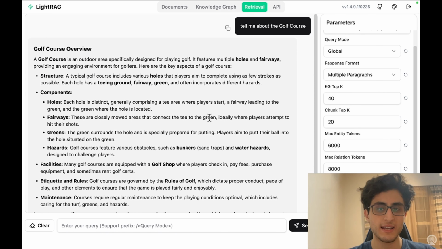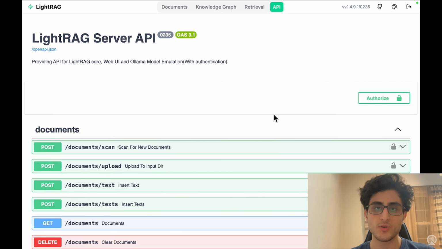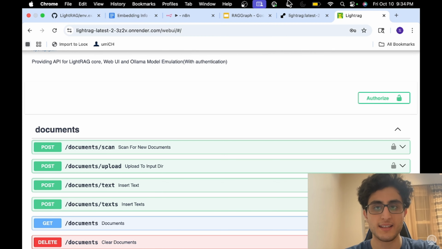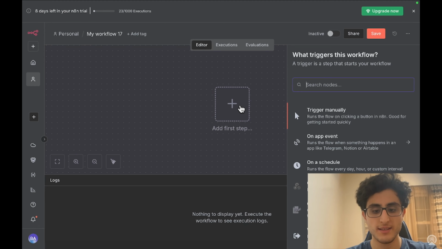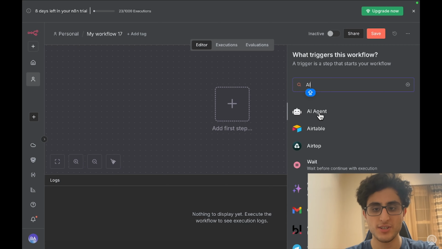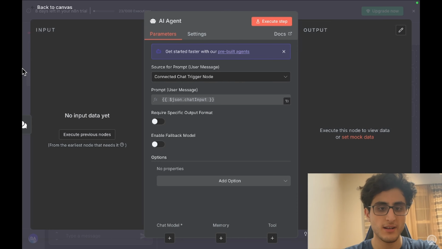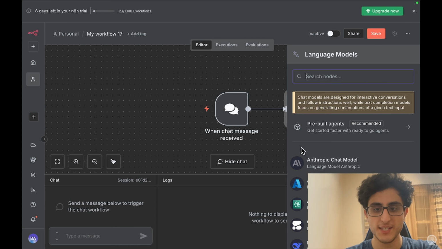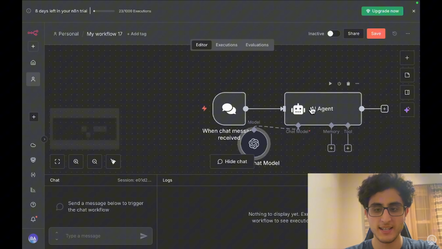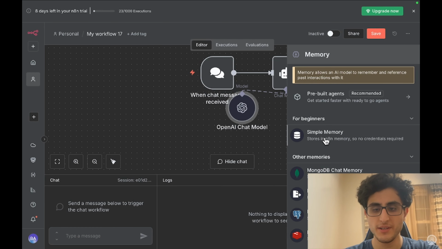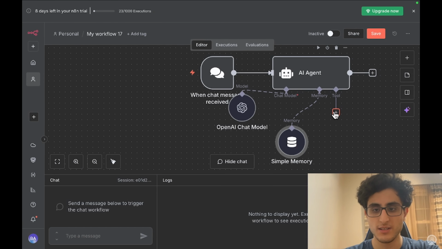But we are not going to do that, so I'm just going to go to the API, and here I'm going to show you how you can connect this LightRAG to your n8n. In order to do that, I'm going to come back to n8n. I'm going to click on this plus sign. I'm going to search for AI agent, and here I'm just going to connect it with my chat model, which is OpenAI, and then I'm going to give it a simple memory,